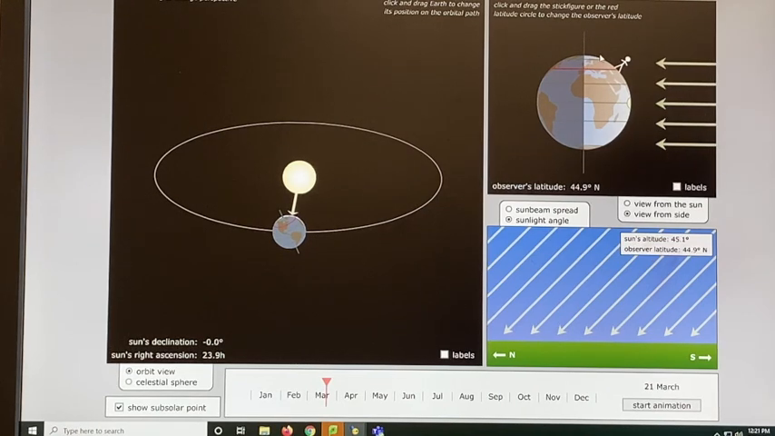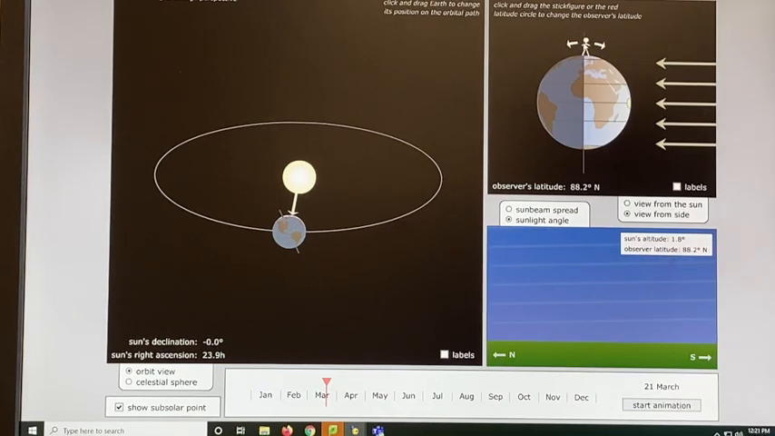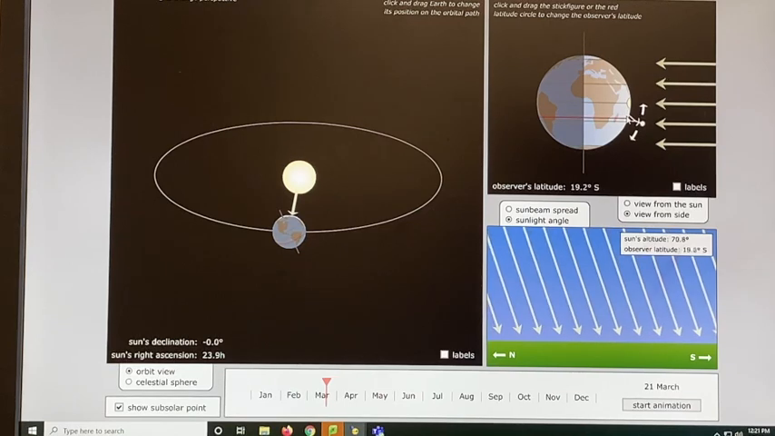All right, next we're going to go to the North Pole. Due north. Okay, on the spring equinox, the latitude of the North Pole is 90, and the sun's altitude would be 0. It would be right on the horizon, and the sun's altitude is 0. Now, if we go down to minus 45 south,